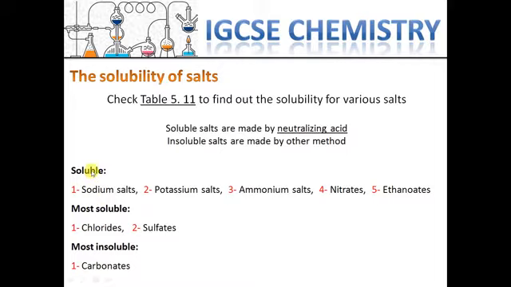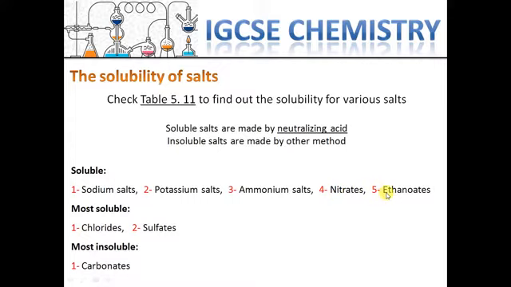I just make a group by soluble, most soluble, or most insoluble. For soluble salt, all salt which contain sodium metal is soluble salt, and potassium salt, ammonium salt, and